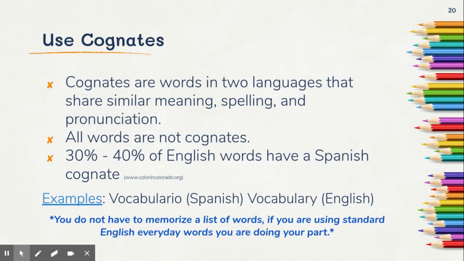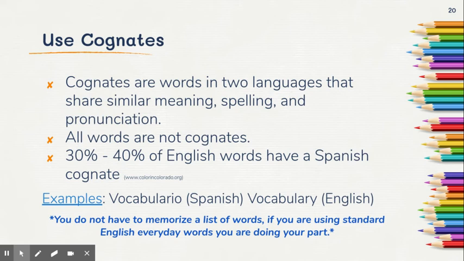Use of cognates. So on one of the slides, they recommended that you use cognates. So what are cognates? Cognates are words in two languages that share similar meaning, spelling, and pronunciation. All words are not cognates, but 30 to 40% of the English words have a Spanish cognate. So it has a word that looks like that word and sounds like that word when they say it. Examples of this: